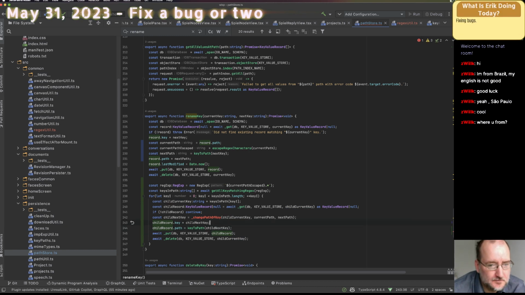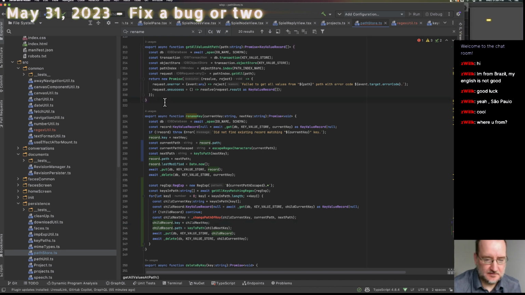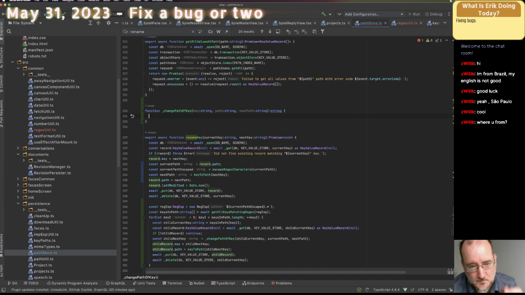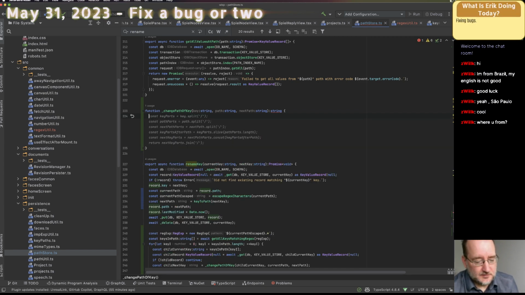Okay. Change path of key. Key, string. Path, string. Next path, string. Alright, so Copilot, can you figure it out?